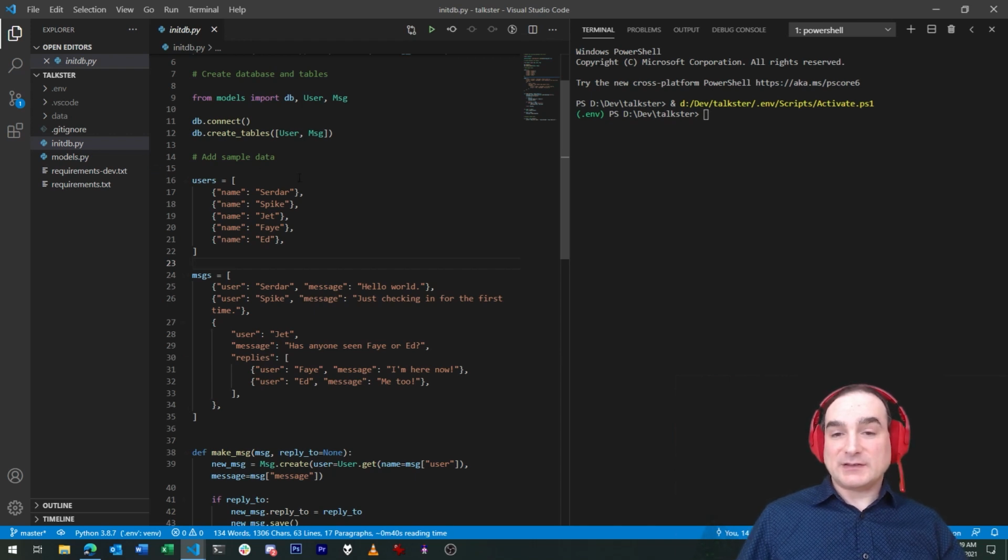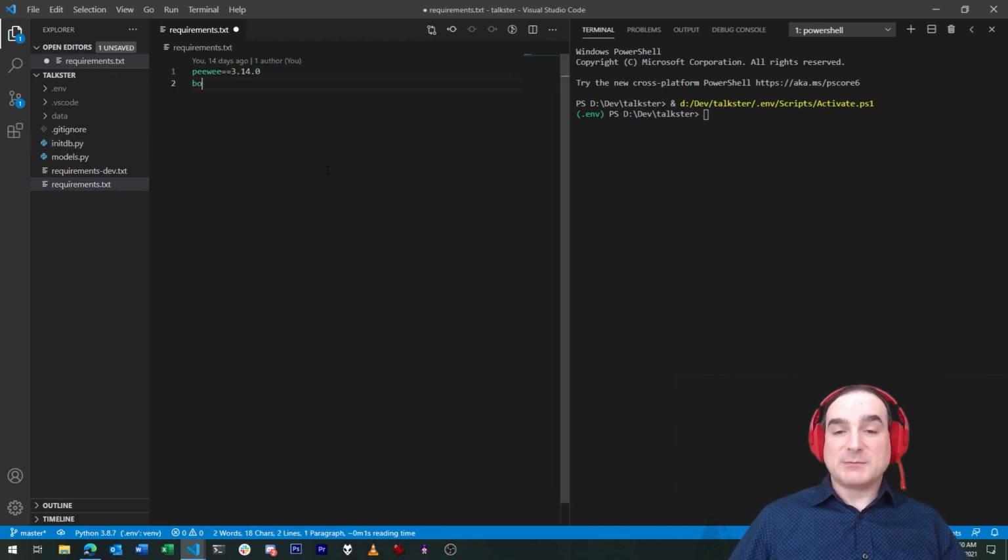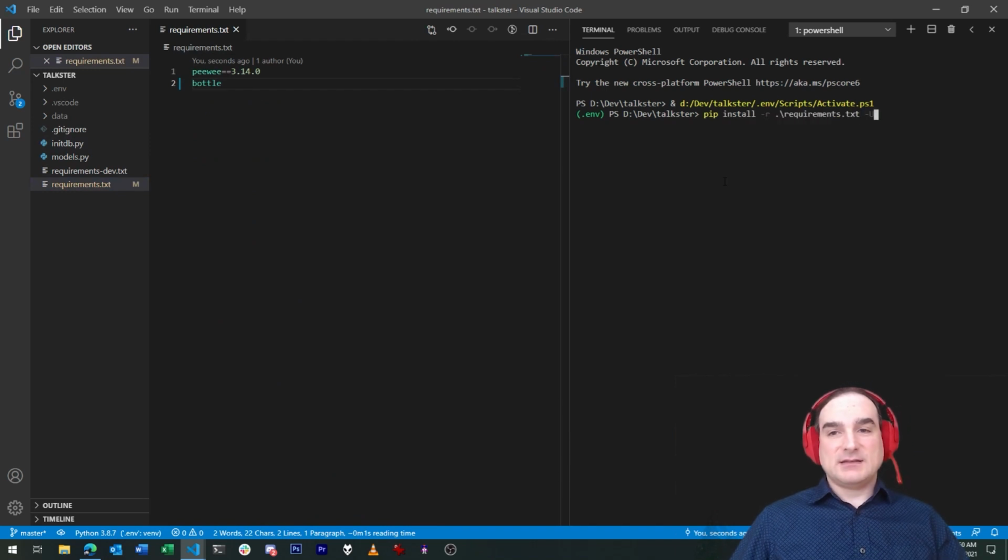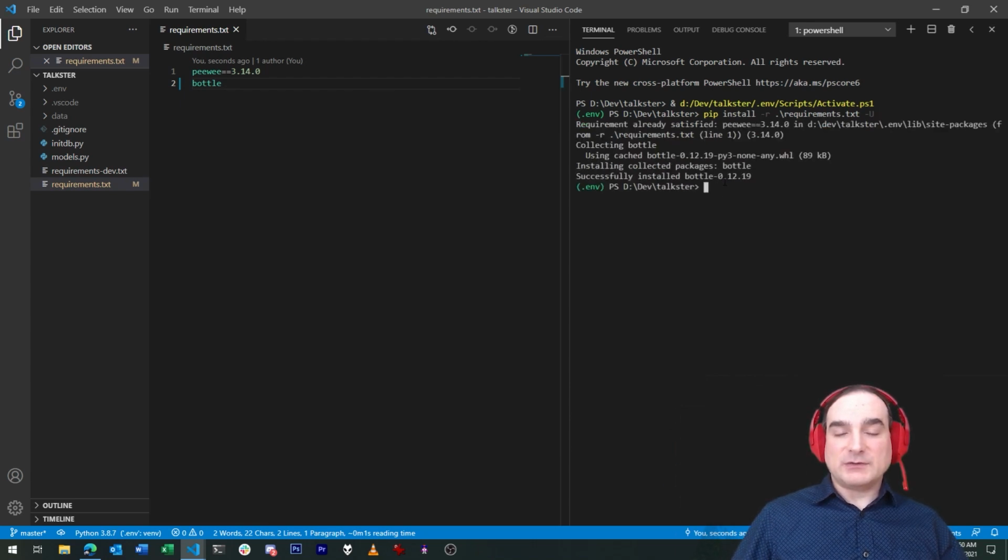And for the sake of this exercise, I'm going to use a web framework I've featured in previous videos, a very small framework called Bottle. It includes all the pieces we need to get our app up and running and doesn't include anything we don't need. We'll start by adding Bottle to the dependencies in our project and upgrading our project's virtual environment to match.